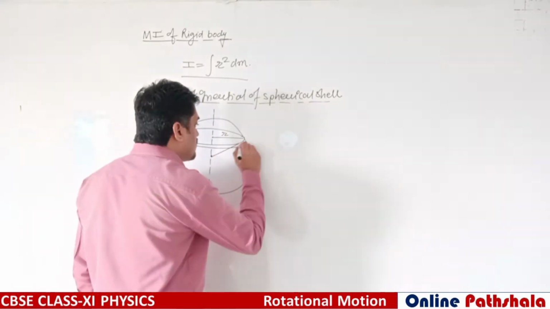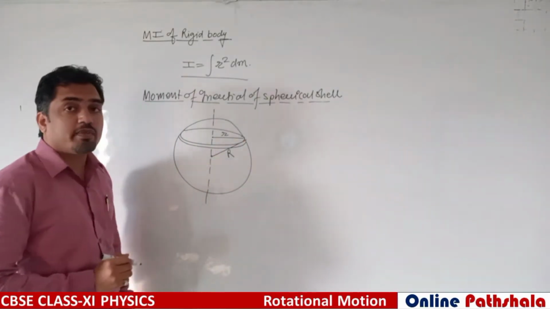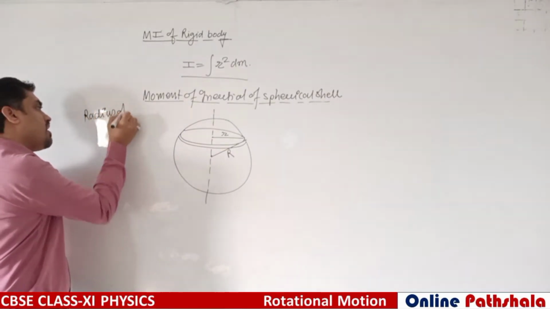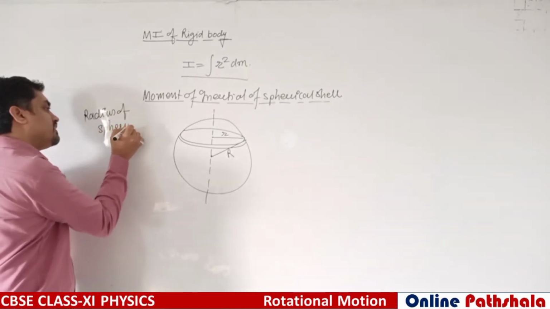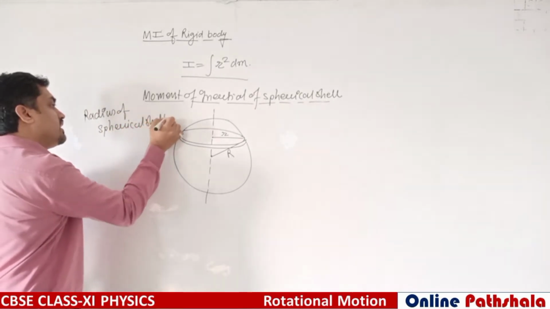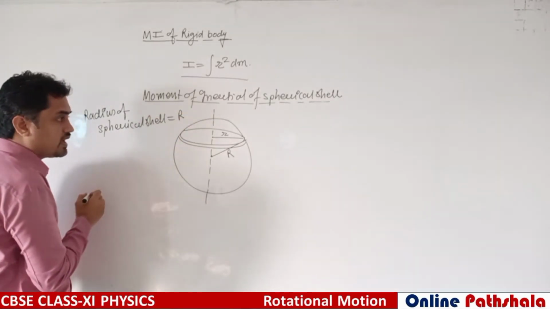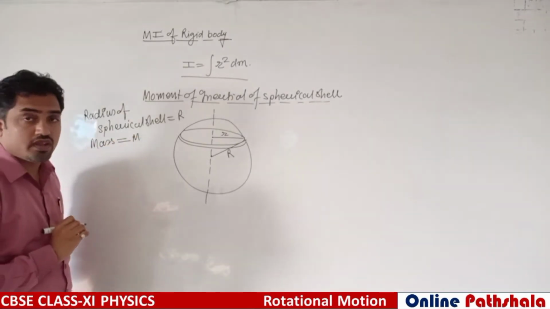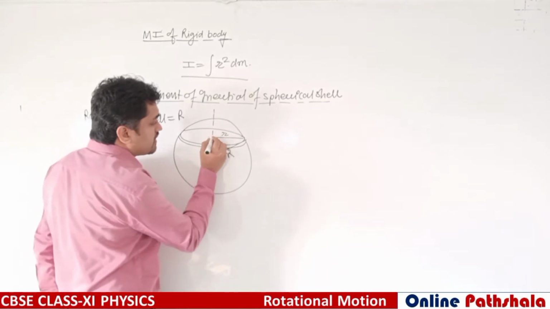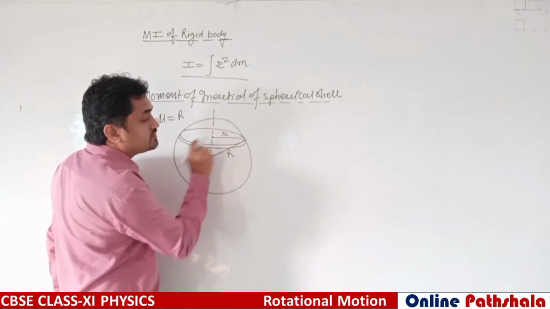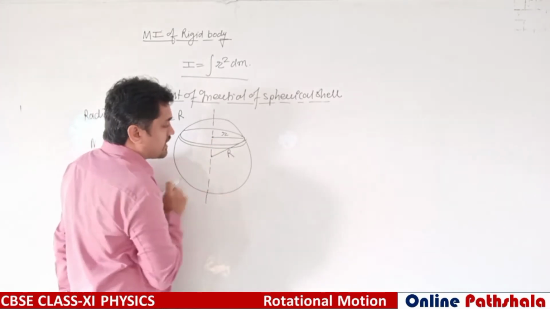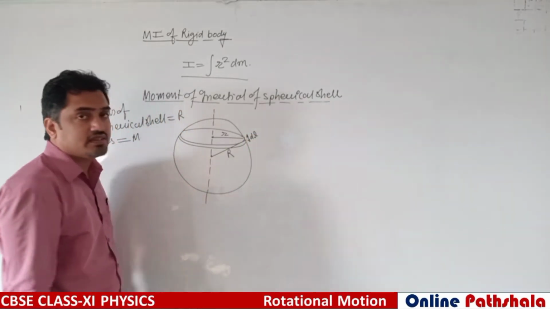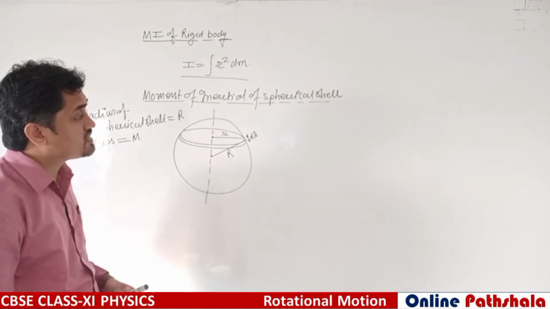Since the radius of the spherical shell is capital R, we can write here the radius of a spherical shell is capital R, okay, and mass capital M. Now, we are considering a spherical ring of radius small r, and the thickness of this differential ring is